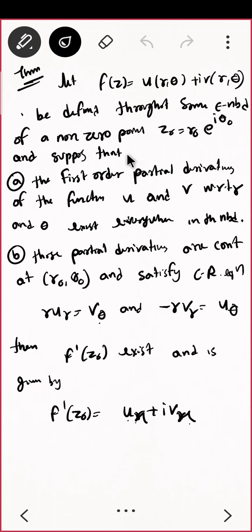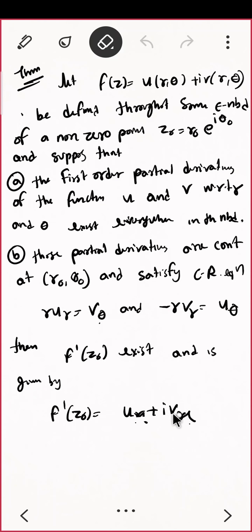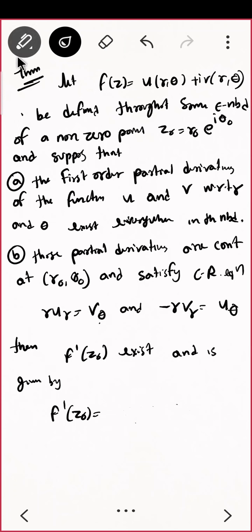I gave this exercise to you, since that was just a linear equation, so you could do that. Just verify that you are getting this or not. The answer will be e raised to minus i theta, there will be cos theta and sin theta, multiplied by ur plus ivr. So this will be the derivative. Earlier it was ux plus ivx, here it is e raised to i theta times ur plus ivr, that's it.